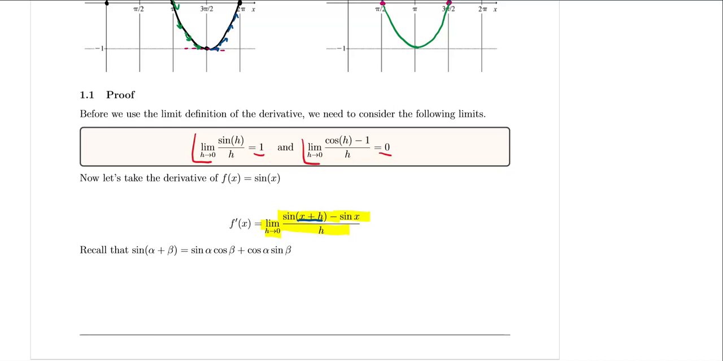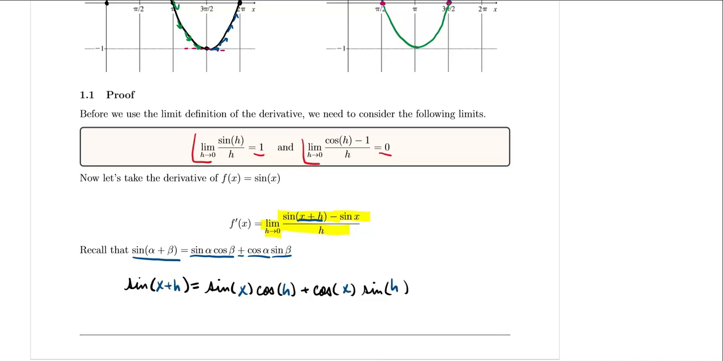Well, there's a trig identity that we can use. The sine of a sum, specifically here the sine of alpha plus beta, is equal to the sine of alpha times cosine beta plus the cosine of alpha times sine of beta. Now, in the context of our problem, sine of x plus h is going to be equal to sine of x times the cosine of h plus the cosine of x times the sine of h. Alright, so I'm going to go ahead and substitute this into our difference quotient, or our limit definition for the